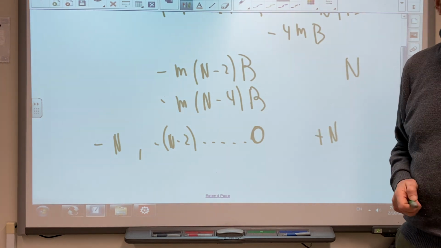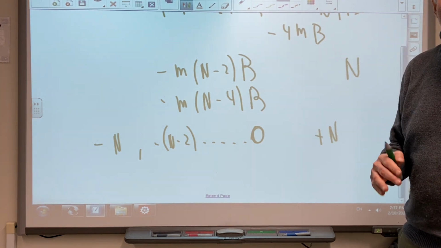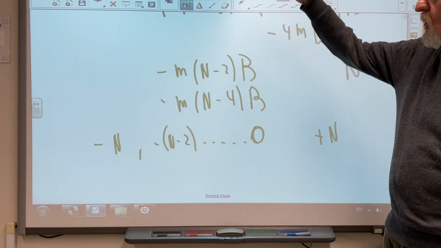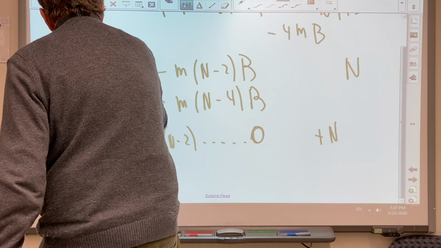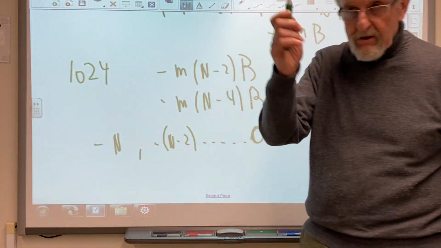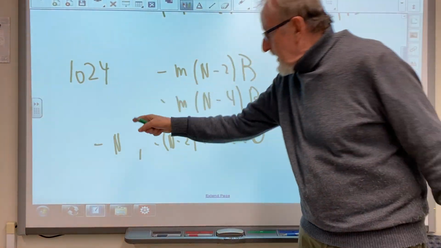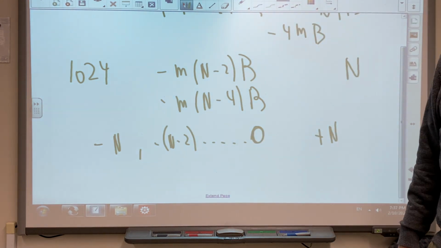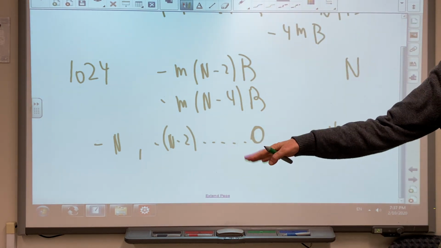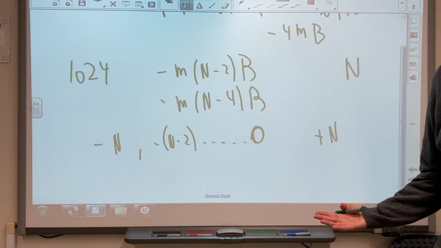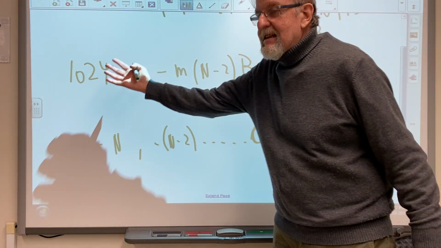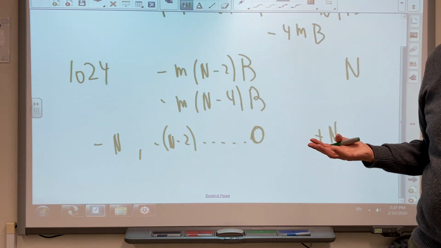You have 11 states. So 11 possible energies. So all your 1024 spin states that correspond to the 2 to the 10 will fall into 11 different groups corresponding to the 11 possible energies. Okay, so that tells you right away, if you have 1,000 states but only 11 levels of energy,